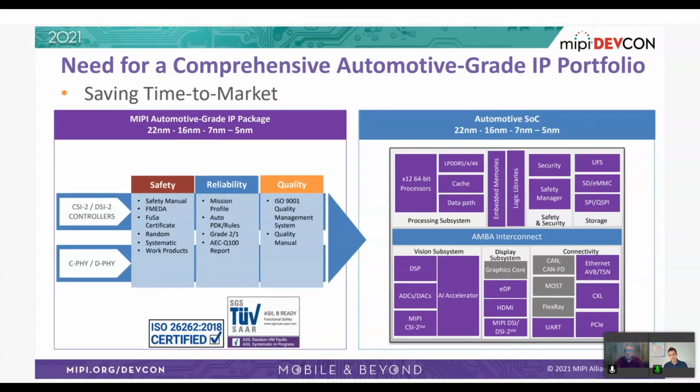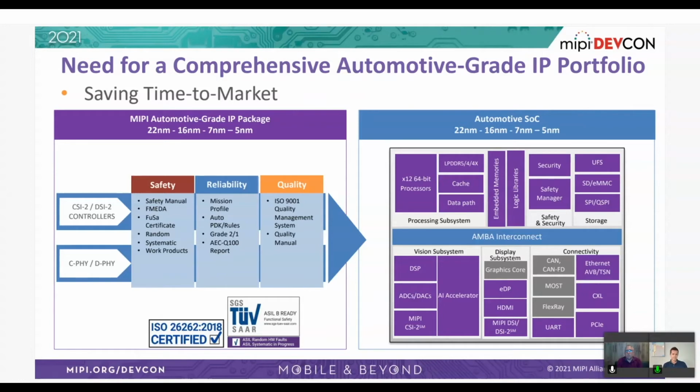We didn't talk about quality, but quality, like in every industry, is very important. In automotive it is of paramount importance. You need a very robust quality management system to support the entire development flow. And also very important is the fact that in automotive, you need to provide evidence of that process. So having traceability throughout the process is very important. So again, developing under a rigorous quality management system is very important. On the left side, that is kind of summarizing that point.